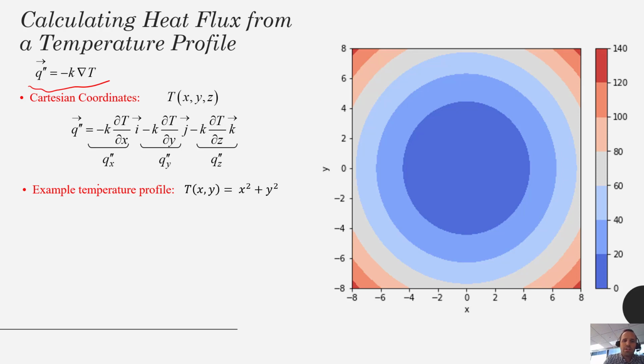X squared plus y squared equals some constant over here is the real equation for a circle. So if our temperature had this equation, we would see when we plotted it on this topographical 2D surface plot, these concentric circles being formed. Each one of these would represent a different level of temperature. So this interface between the dark blue and the lighter blue would correspond to 20 degrees. Similarly, here's 40 degrees, and here's 60, 80, 100, 120, and then 140 would be at the end of this